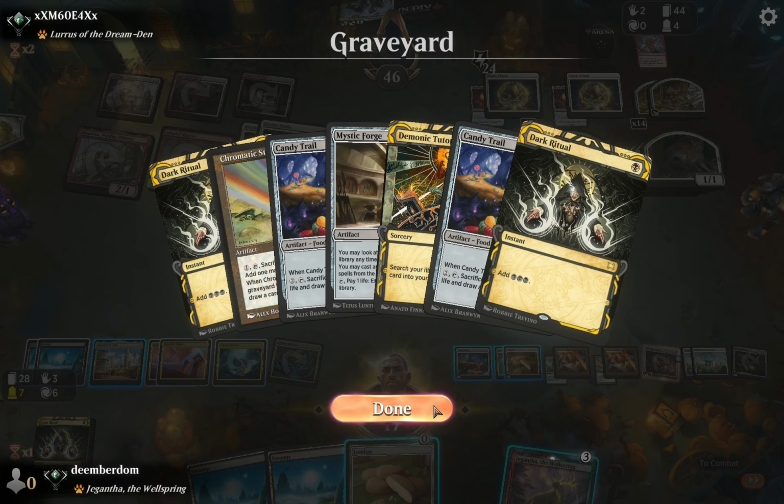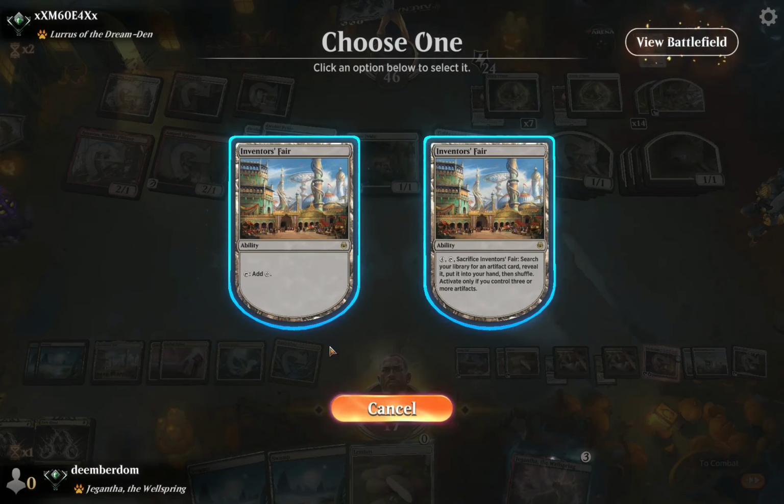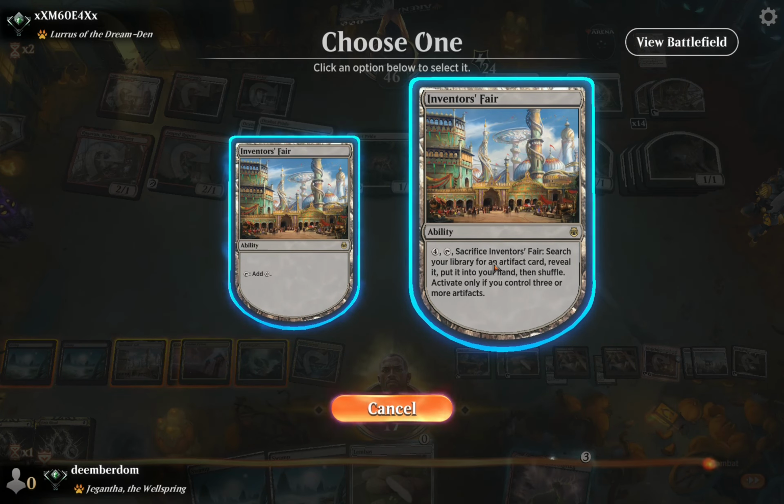So we have a Lembas, which is a scry plus draw. And we also have Lembases in play, which we can sack to get a shuffle effect. Not to mention a Candy Trail. So I'm trying to figure out what's the best way to do it. And I'm like, okay, let's...